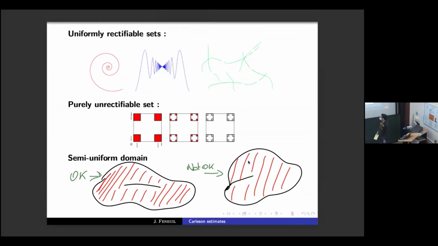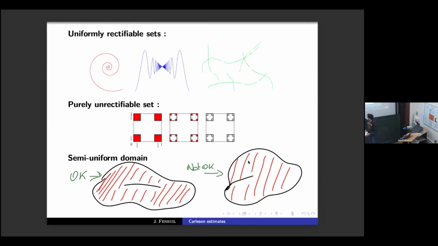So if you've never heard of it, what is a uniformly rectifiable set? Well, it's a set which is well approximated by planes at any point and any scale. So for instance, you have the spiral, well, the wavy set in the second case, and any union of portions of Lipschitz graphs will also be uniformly rectifiable. A set which is not uniformly rectifiable is the four-corner Cantor set, of which you see the first step of the construction here. All the sets here are of dimension 1.